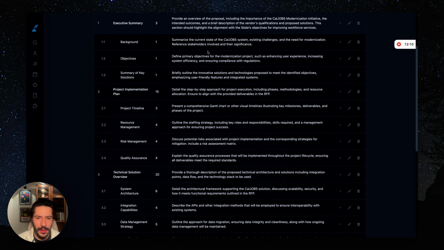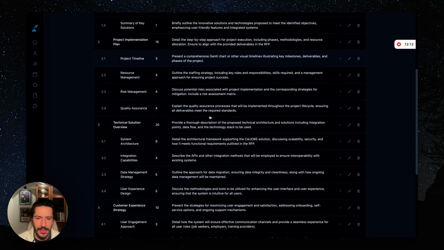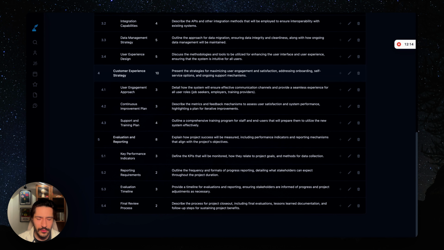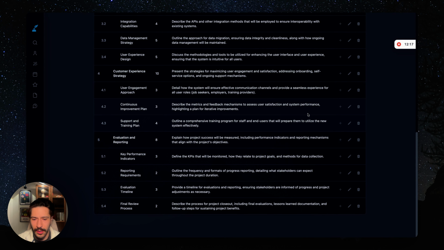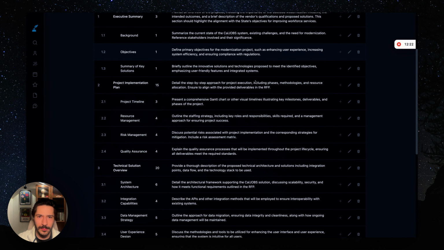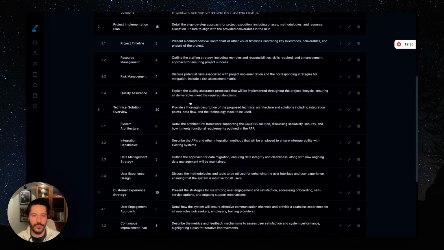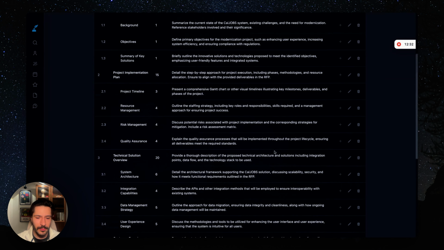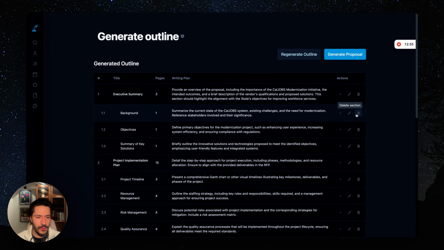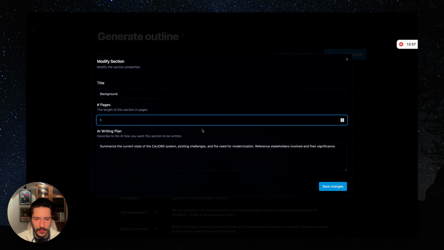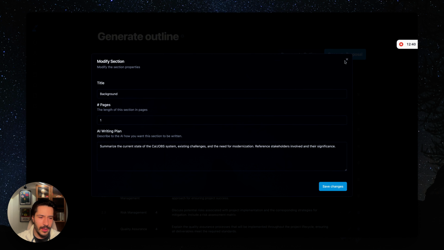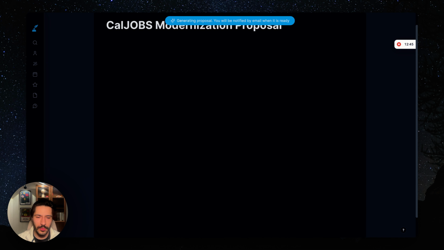You can come here and edit the writing plan. In most cases, this is extensive, so you might want to modify it, cut out all the stuff that you do not need. For example, if you don't have information about a specific section, you could remove it, or you can explain, for example, add a file to your company profile, so it can pick that information from there, and so on. But once that's done, let's say we edit this, for example, you can define how many pages, the writing plan, and so on. And then you can generate a proposal, and then it will go ahead and generate the whole proposal for you.